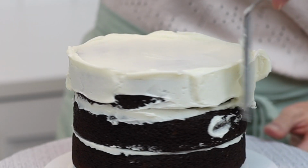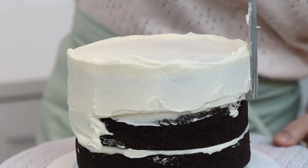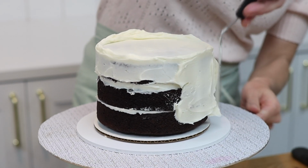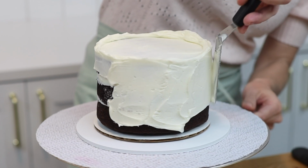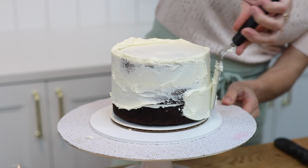Since the buttercream is softer than you might normally use to frost a cake, this lip would sink down instead of standing up like this, but because the cake is cold, it chills the buttercream quite quickly, and that makes it much firmer as it sits there. Go all the way down to the bottom to cover up the entire cake,